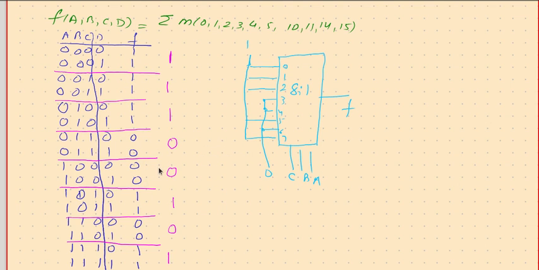Now definitely your doubt is valid: why should D have no role all the time in our system? Yes, it is possible that D may have some role to play. Like in this case, this is 0, this is 1. In that case I cannot say the output should be 0, because now it depends on D. If D is 0, the output is 0. If D is 1, the output is 1. Therefore, I can say the output is the same as D.